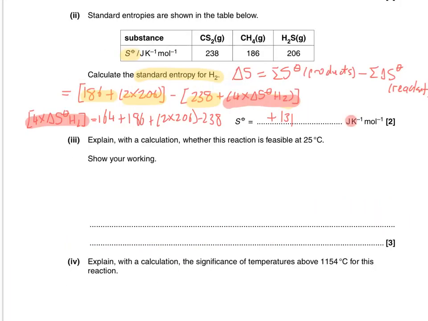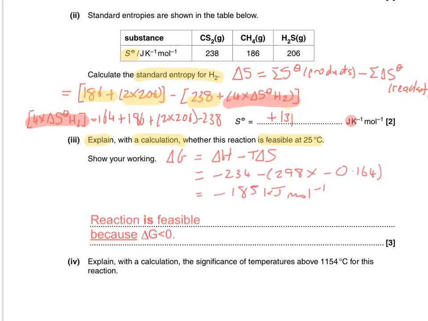So this time what they want you to do is explain and include a calculation whether the reaction is feasible at 25 degrees C. So we've got to use delta G. So don't forget the temperature has to be in kelvins. So this temperature we're looking at is not 25 degrees C, it's 298. So we have,